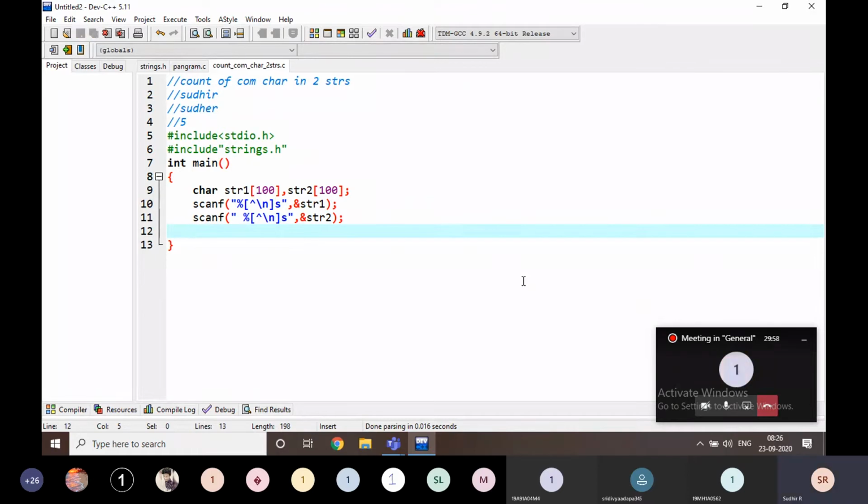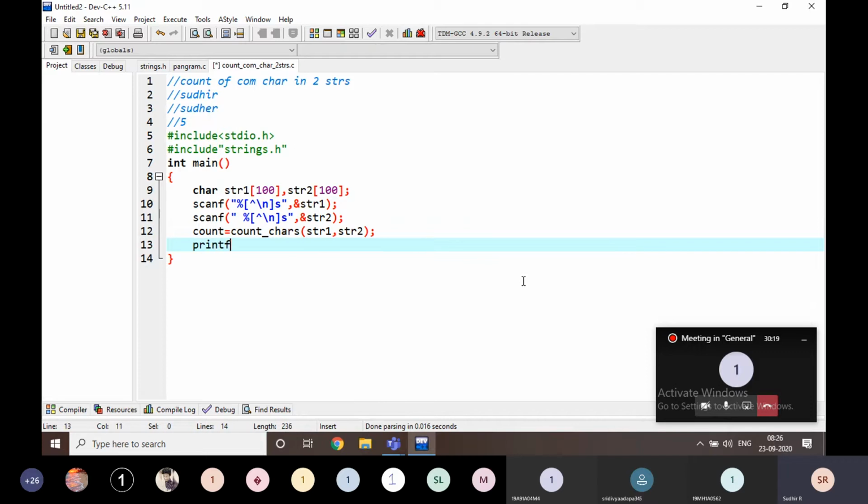We have to write the reading part like this. Then I am going to write count_chars of str1 comma str2, and return some count. I am going to print it with percentage d comma count.